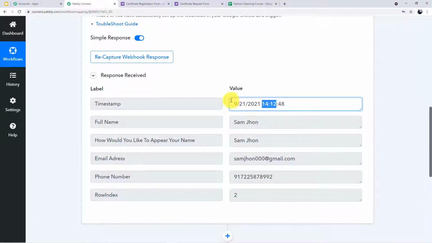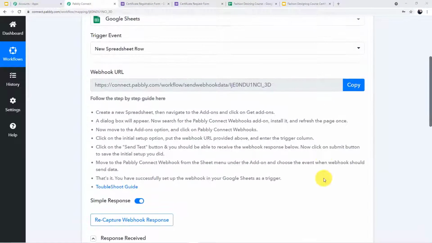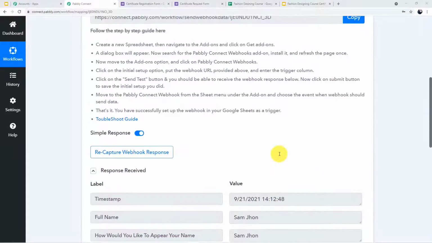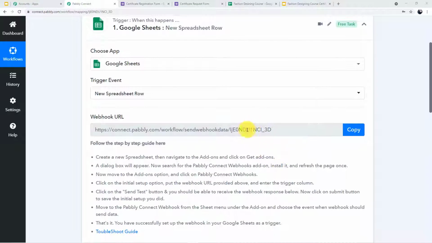So now I'll split date and time. I only want the date, so I have to perform a step here. What I'll do here is choose my next application to format the date and the time. But before that, let me show you the certificate so you can understand why I am performing this particular step.